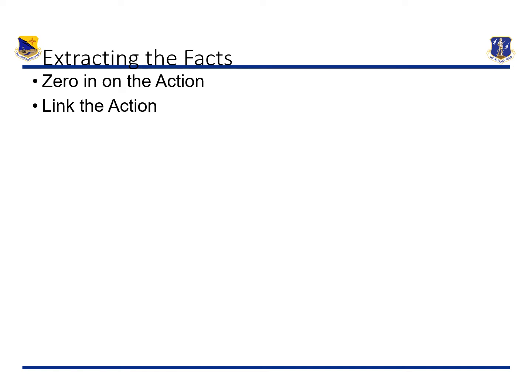The reason why we want to do this is because later on we're going to discover that there are 3 parts to a bullet. We have an action, an impact, and a result. So as we're writing this paragraph of information, we need to be always thinking about how the action links to a particular impact or result.